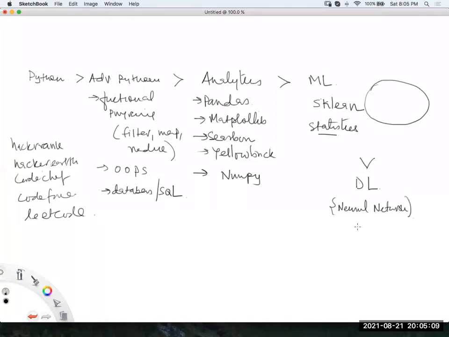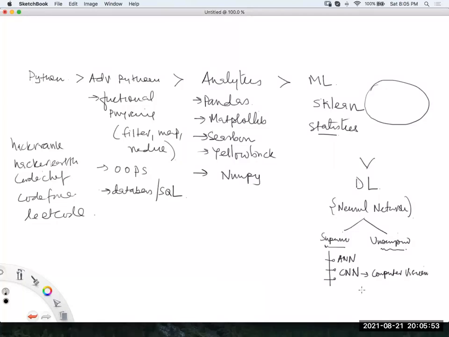And guys, again, in deep learning there are 2 types only: supervised deep learning and unsupervised deep learning. Same as ML. In supervised deep learning, you get access to labeled data. In unsupervised deep learning, you have unlabeled data. Mostly you will encounter problems related to supervised deep learning, guys. And there are 3 popular architectures available. One is ANN, which stands for artificial neural network, that you have to master. Then CNN, convolutional neural network, which is used for computer vision problems.